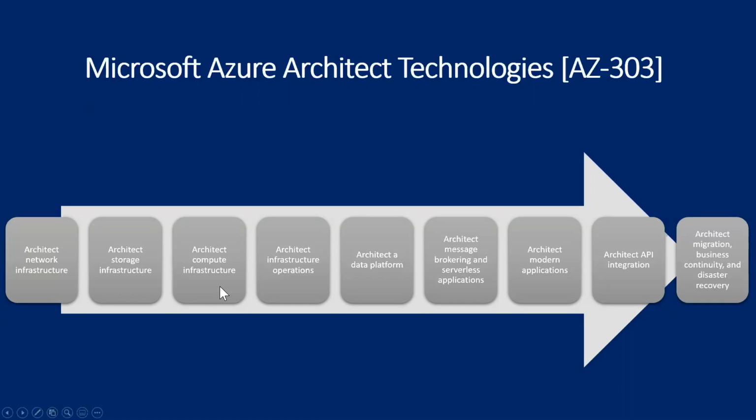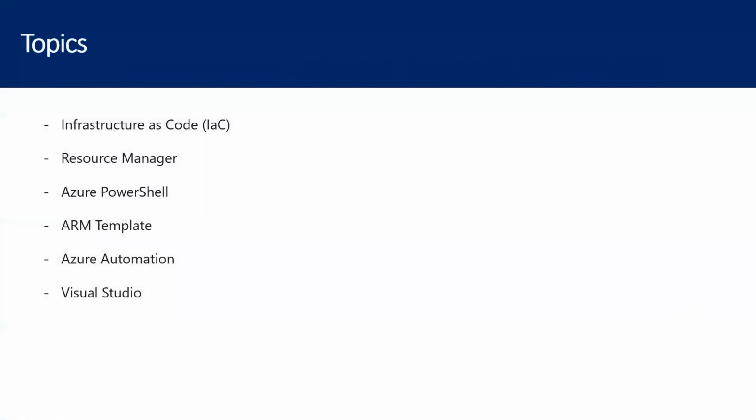to cover. So whenever I conduct a session, you will have the title of the session and the list of topics we are going to cover. Those items will fall under one of these building blocks. Today's topic is mainly on infrastructure as a service. So today we are going to talk about infrastructure as code, Resource Manager, Azure PowerShell, and ARM templates. If you have time, then we can explore Azure Automation or Visual Studio. So